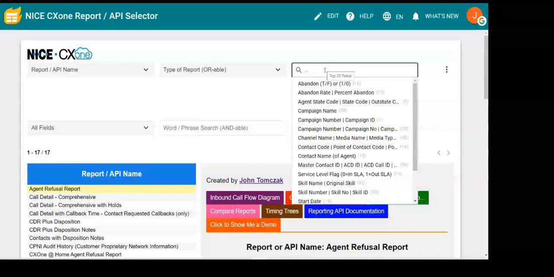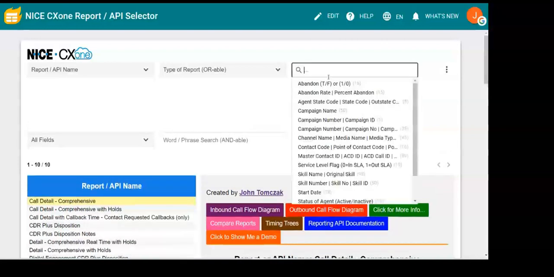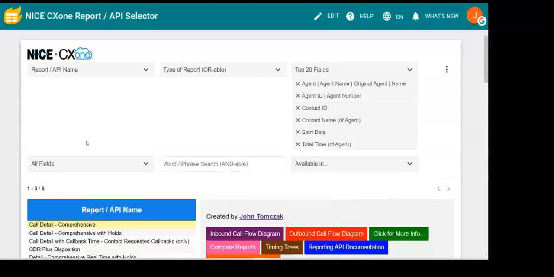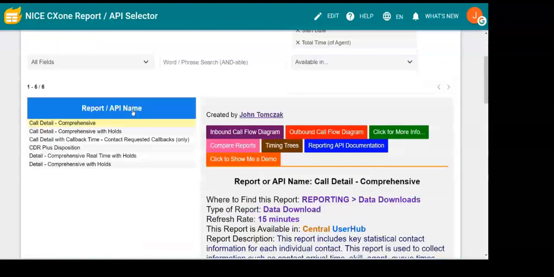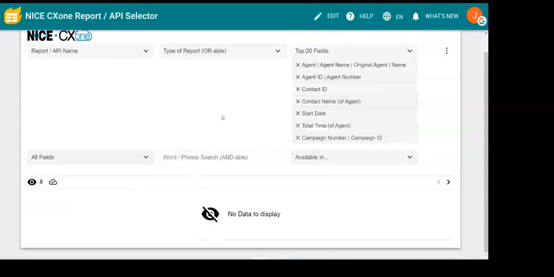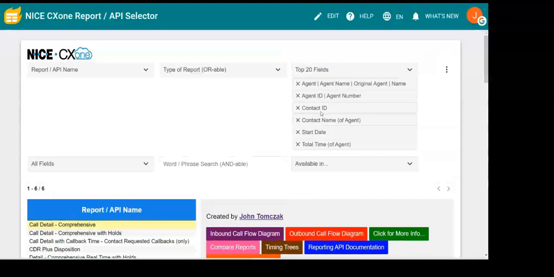And when you get to a point where there is no report, and I'll just keep randomly adding things here, see if I can make it happen. Get smaller and smaller and smaller. Let's see. There we go. So if you put together a combination that we have no report for, then you'll just get this no data message saying that we don't have anything that fits that criteria. And that's kind of a quick way of finding